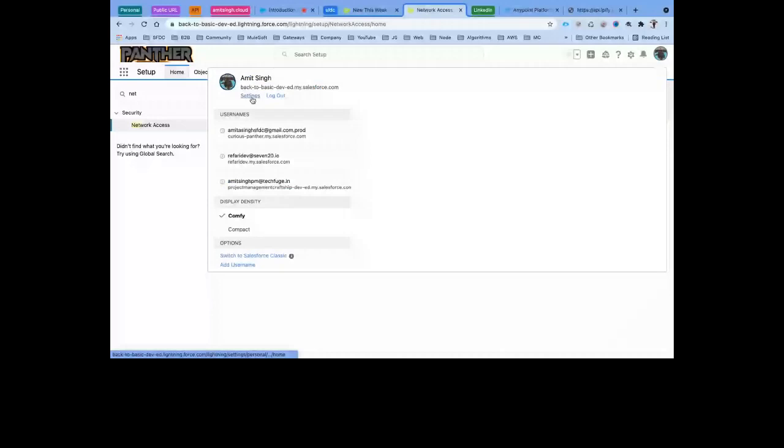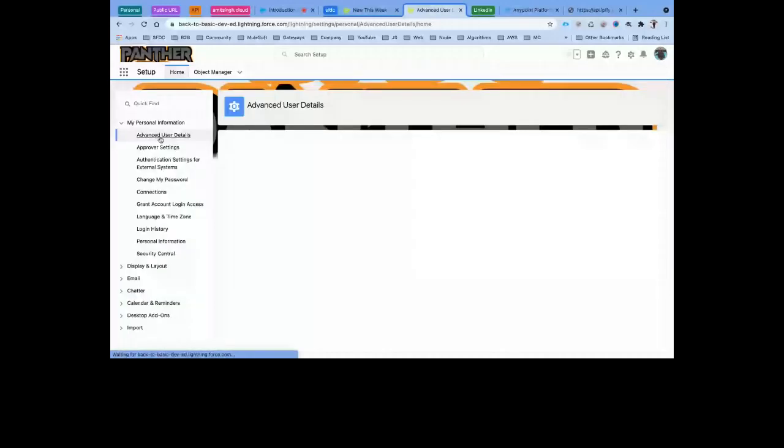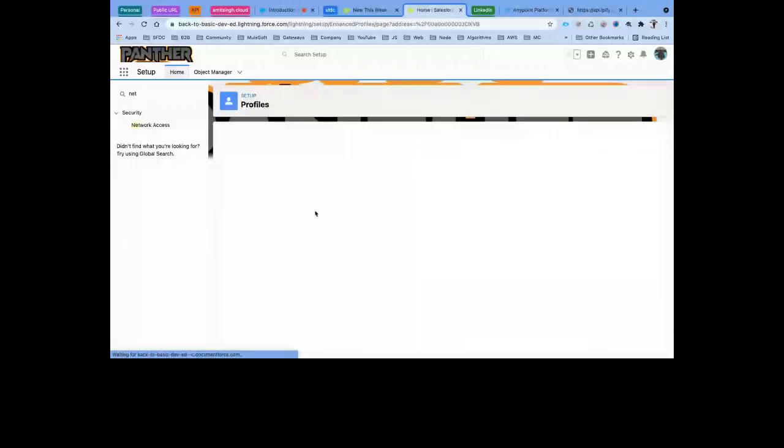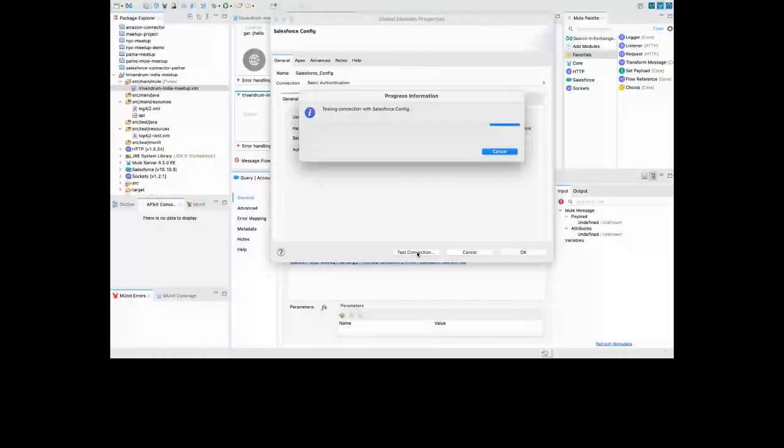So there are two options, profile and network access. If you go to your profile, you will be able to see that there is an IP added at my profile level as well. That's not available to me. If I look at IP ranges, I have got that universal IP. Okay. So once you've got your security token, you can provide it over here.